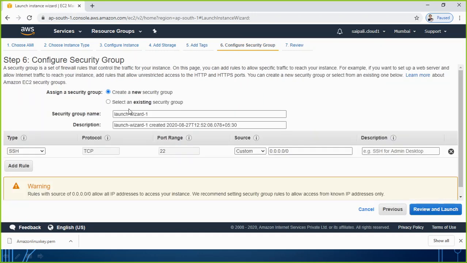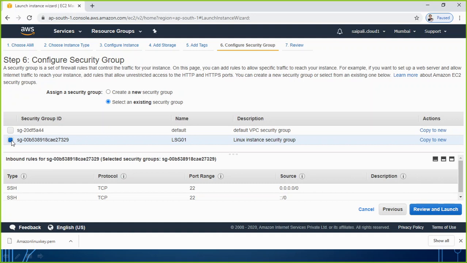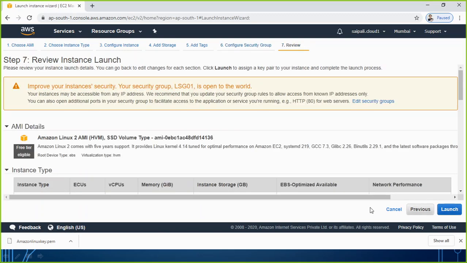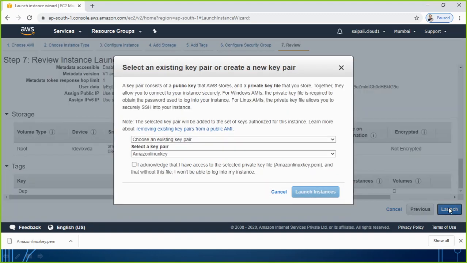Security group. To save time, I can just add here the security group of the previous one. You remember I created a security group for Linux, security group 01, for my previous instance. So you are already seeing the practical of how you can use an existing security group. Maybe I'm going to use this security group where SSH is already allowed. Then this is the review. After checking your review, now I'm going to click on launch.